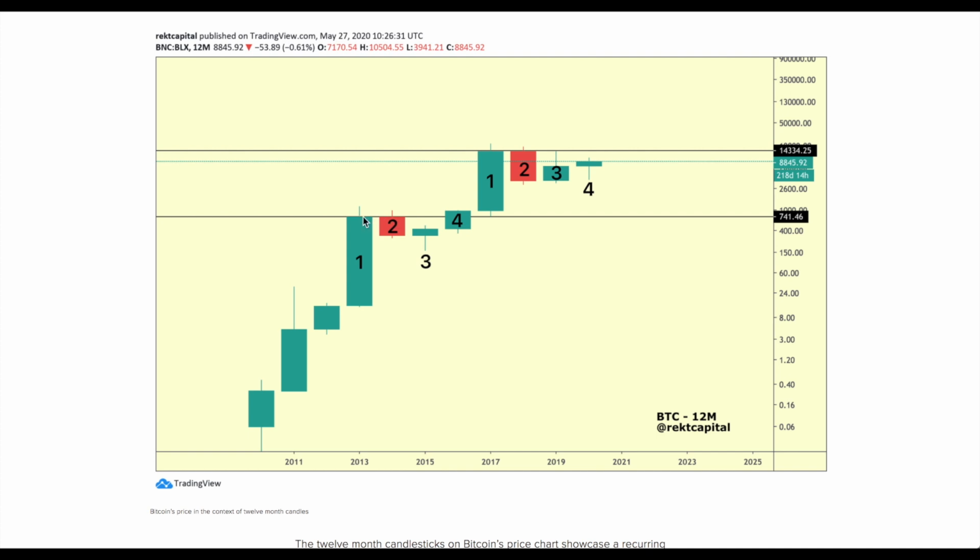Investors lose their interest in Bitcoin for the time being. People get a bit more fearful towards the asset. They start to get more pessimistic. And of course, at the top of this candle, or at least near the top of this candle, is where a lot of the bottom buyers, people who bought into Bitcoin earlier on in the cycle, take their profits. And because they have a large amount of Bitcoin, given the fact that they bought that Bitcoin at a much cheaper price level earlier on in the cycle, this is where we have a lot of sell side pressure mounting, and a lot of people do that.